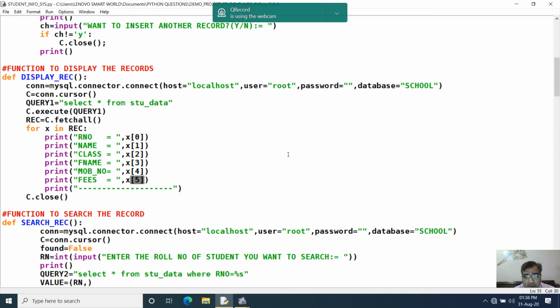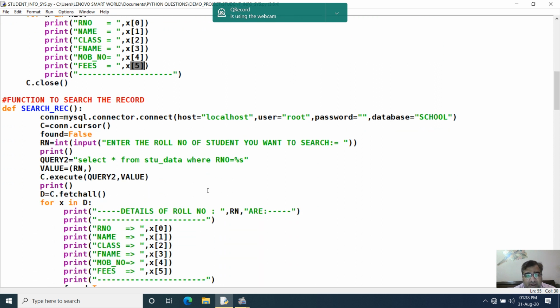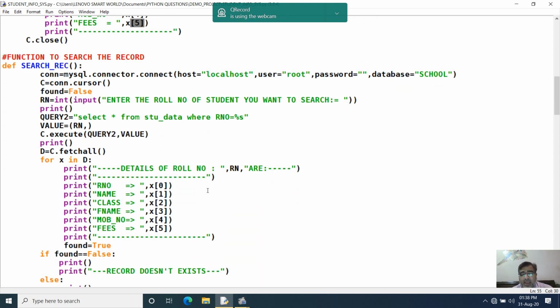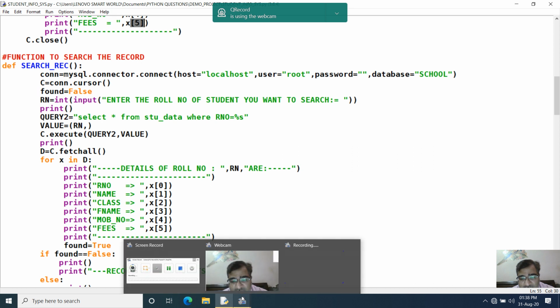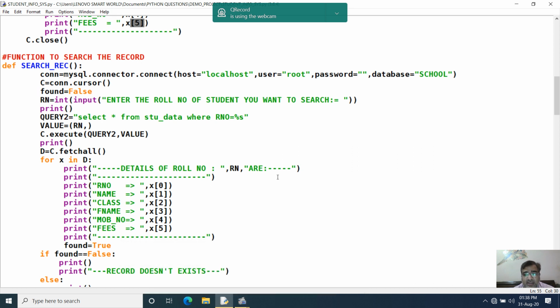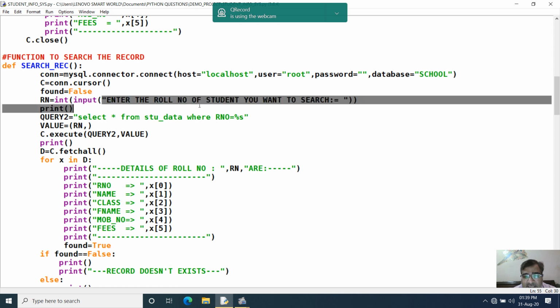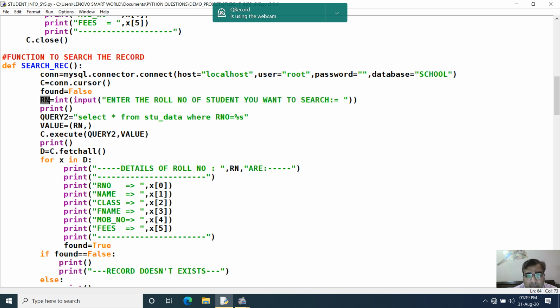Now, moving to the third function, search record. Here you want to search for any student, whether the record for a student exists or not. For this, you input the roll number of the student whose record you want to search. I have taken the roll number and assigned it to variable Rn.